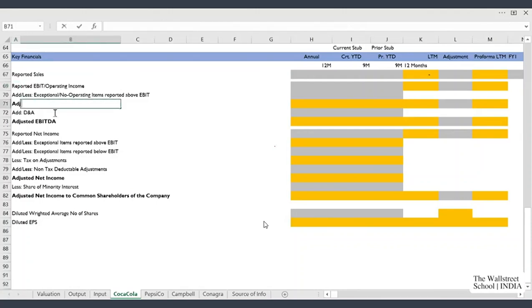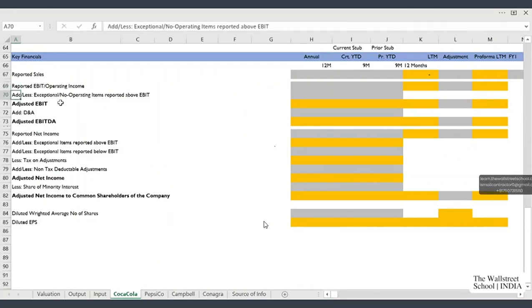So this reported EBIT or operating income is what company has reported in its income statement as income from operation. Then we have to make adjustment, add or less, means reversing impact of exceptional or non-operating items what company has reported above EBIT.